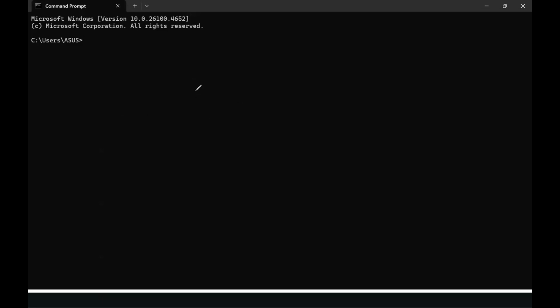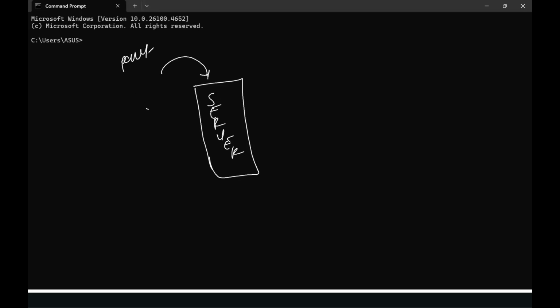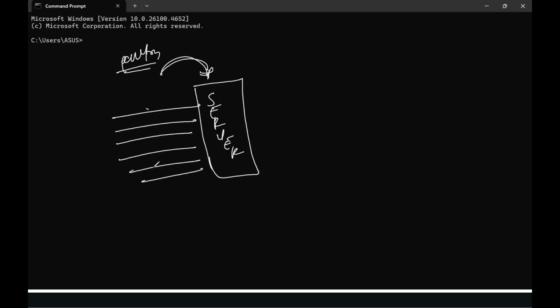So again the same example. Let's say this is my server. Once I have deployed my application over the server, let's say I am having the Paytm application, users are automatically trying to access it.